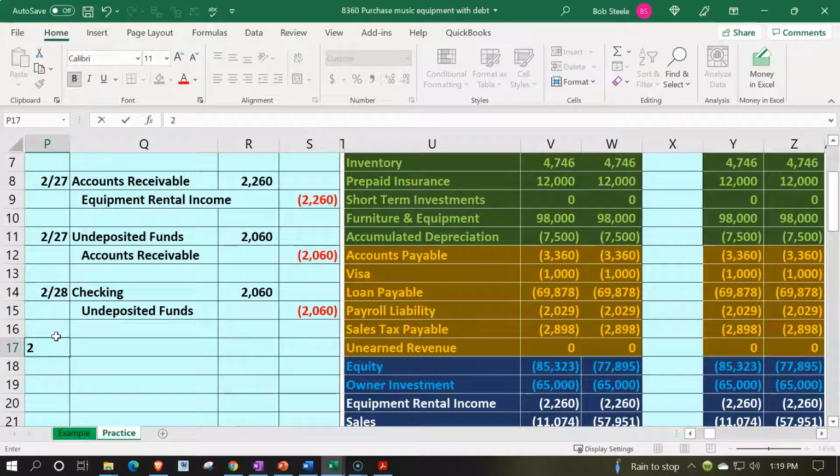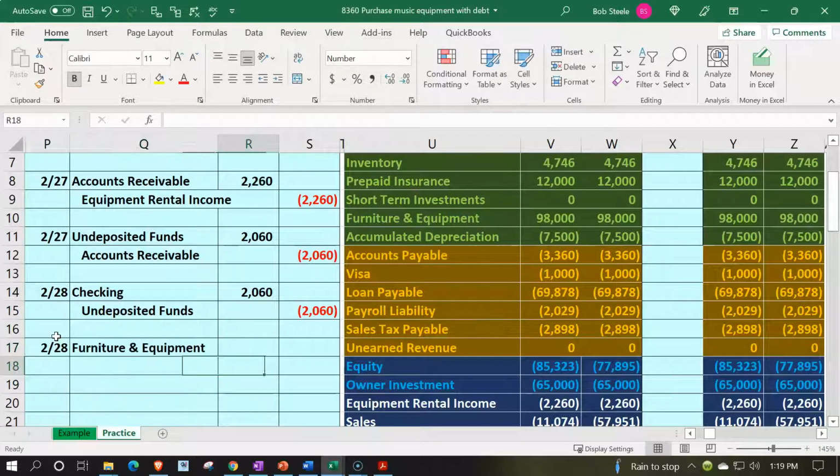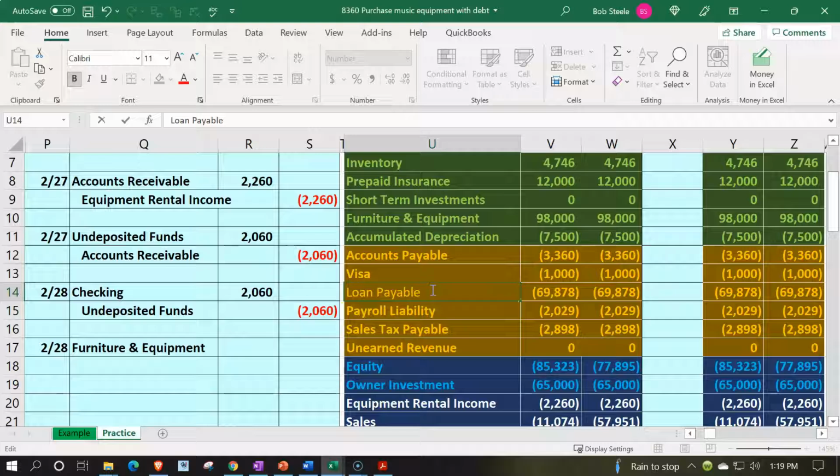They're going to say this is at 2/28. And we're going to say furniture and equipment is going to go up. The other side's going to go to loan payable. I'm going to make another loan payable. Instead of putting it into this one, I'm going to change the name of this one to loan payable number